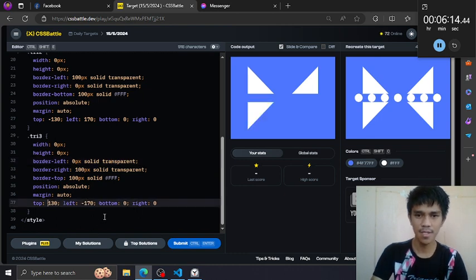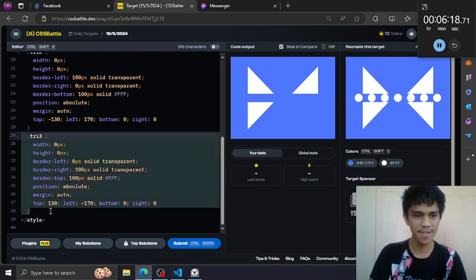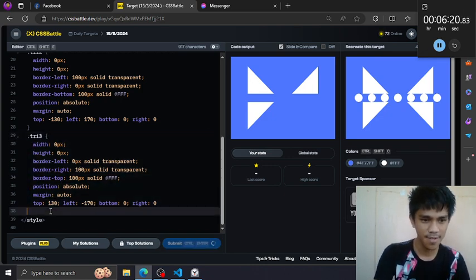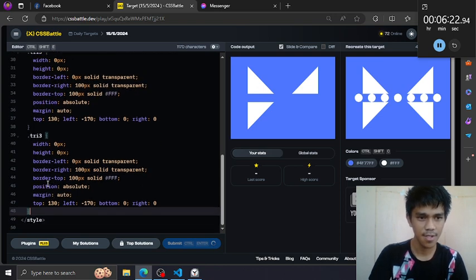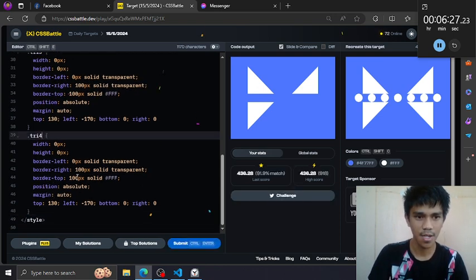So just invert this, and let's also do that to the triangle 4. Oops. Triangle 4 would be base of top. Oh, it's submitted even though I did not click submit. Maybe I pressed the shortcut key enter. So let's continue.